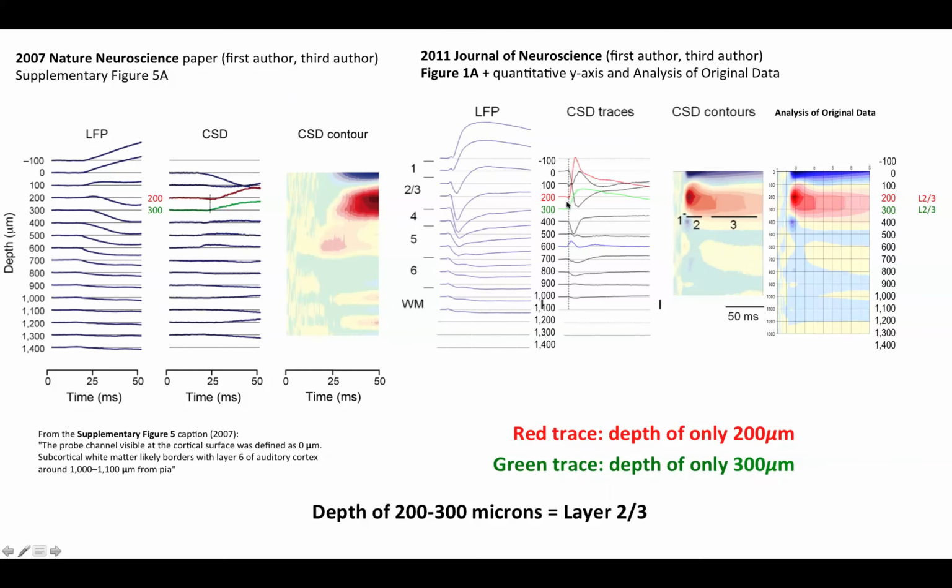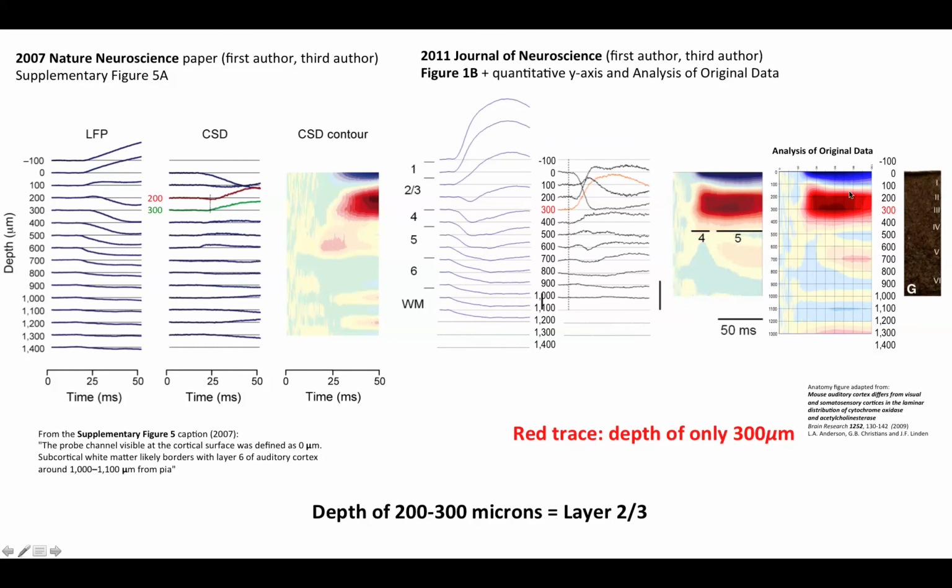In figure 3a, we saw that just as in the 2007 Nature Neuroscience paper, the analyzed sinks were at depths of 200 to 300 microns, and their analysis consisted of comparing activity recorded in layer 2/3 with activity recorded in layer 2/3. So their analysis consisted of comparing layer 2/3 with itself, which is rather embarrassing. So you can see perhaps why it is that the figure avoids a quantitative approach to representing the data. It just seems engineered to obfuscate the fact that these two traces were recorded at very superficial depths in layer 2/3.